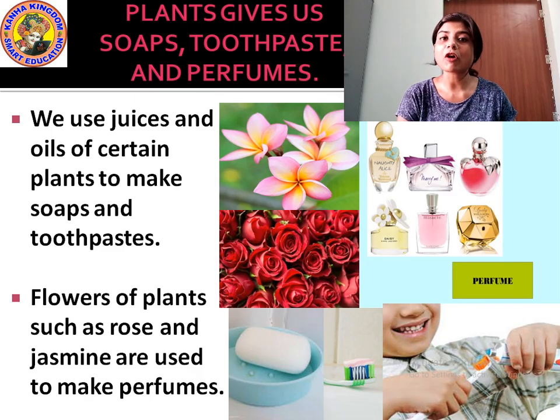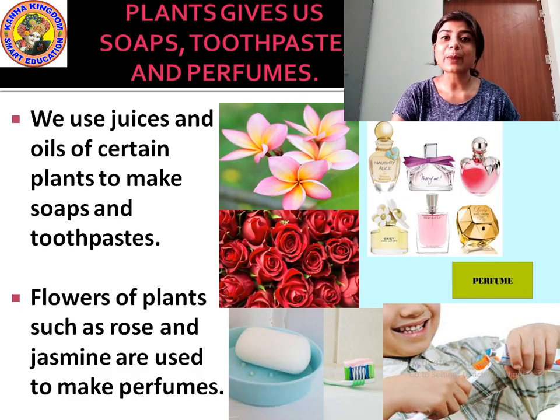Coffee is obtained from the coffee plant. The beans of the coffee plant are plucked and dried, and later made into coffee powder. The leaves of the tea plant are plucked and dried to make tea. Then cocoa is obtained from the cocoa plant and is used to make chocolates. And sugar is obtained from the sugarcane plant.